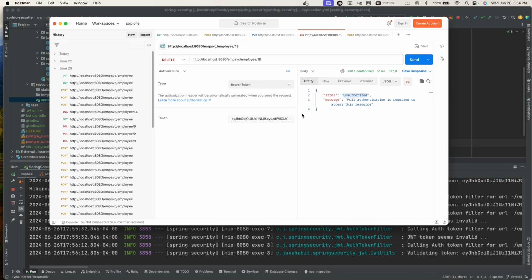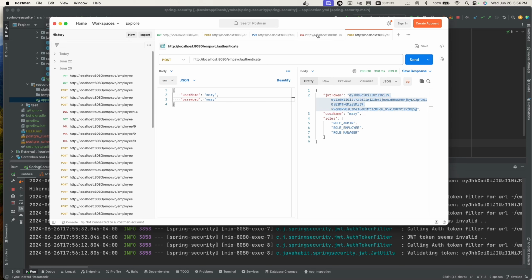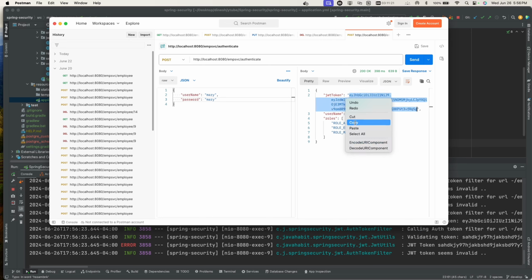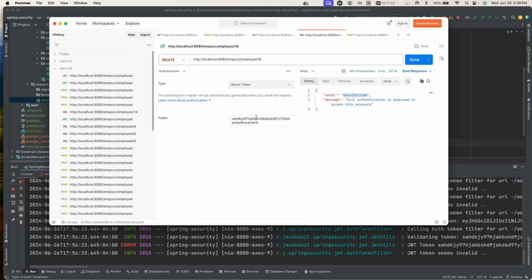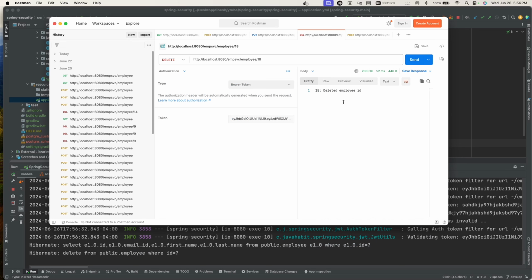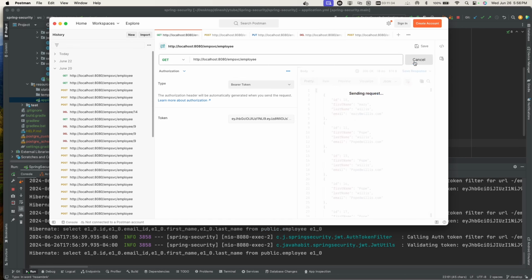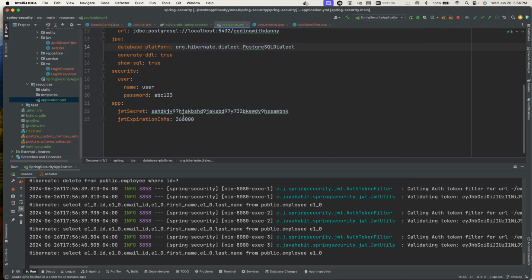whether Mary is able to delete it or not. Okay, so I'm going to change this. Let me copy it again. Oh, looks like it didn't get copied. Okay, let's copy one more time, replace the value, and you will see that the employee is now deleted. Okay, so I can see my tokens are working, but now I also want to make sure that these